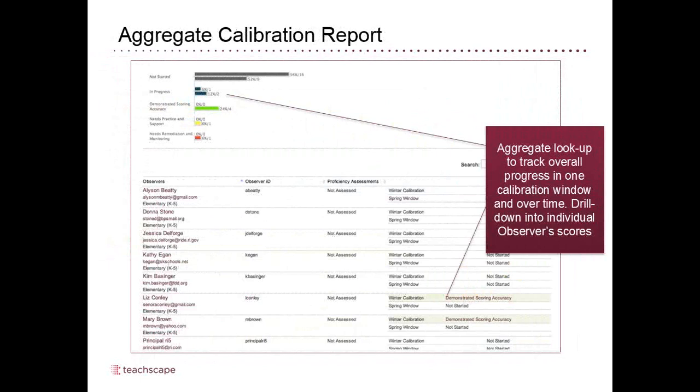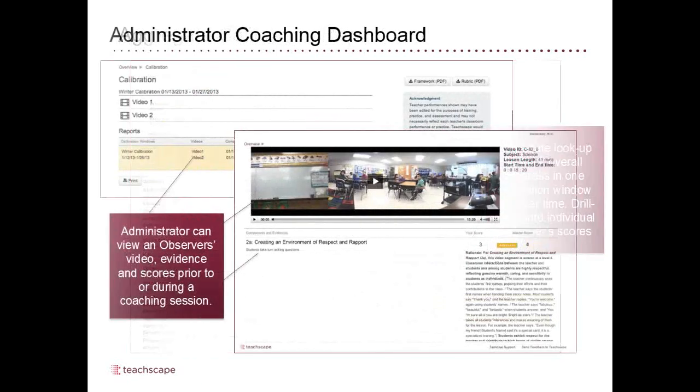Then we can actually calibrate and see how people are doing and where they are in that process. If you set a calibration window, you can set up to 5 during a school year, but you can just do 1 or 2 as well. You can see how many people have actually started this process and where they are. And again, this can be as formal as showing how people actually did, or just showing that everybody did their calibration window. This just depends, again, on a given district culture.